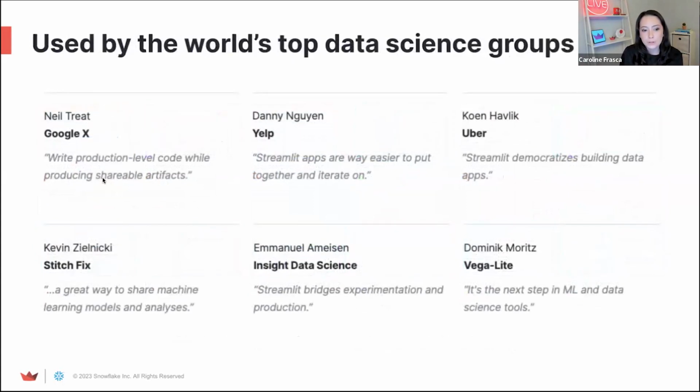Streamlit is also used by some of the world's top data science groups. We actually just recently interviewed Dan Miller, who is a staff data scientist at Airbnb, and his team at Airbnb, they're basically like super users of Streamlit. They've built pretty much 100 Streamlit apps internally. They built their own deployment system, and they shared a lot of really interesting details about why they find Streamlit